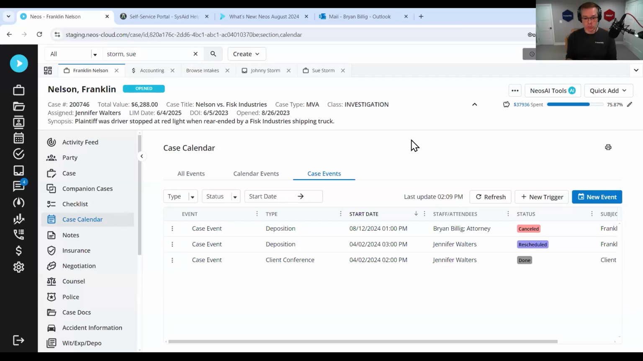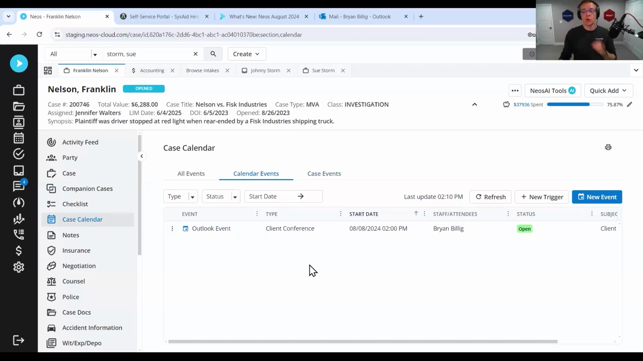So what you can do is when you reschedule a calendar event, Neos is going to ask you, hey, okay, we'll reschedule this, but would you like to keep a record of the original date in the case? And that's what the case events tab is. It's a record of the previous events that have been canceled or rescheduled, or maybe they're done and you pulled them off your calendar, but you still have a record of them here